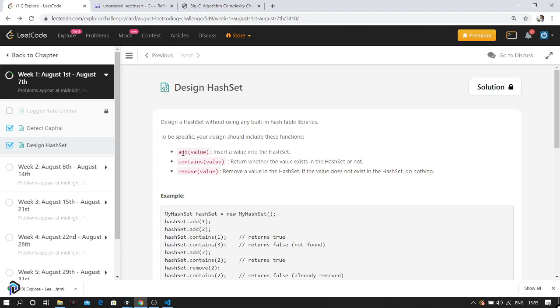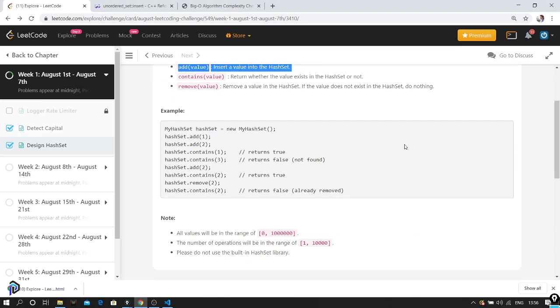The functionalities that we need to design are inserting an element, add, and checking whether the element exists in the hash set, which is contains. And we also need to do the remove operation. These are three operations that we need to do. One thing that we need to remember about hash set is that it does all these things in constant time. That is the advantage that it has over other data structures, and we'll be using hash table extensively throughout many problems.